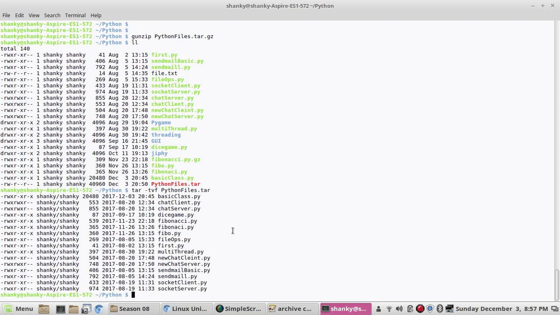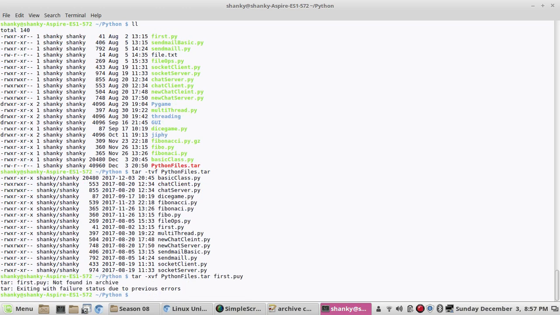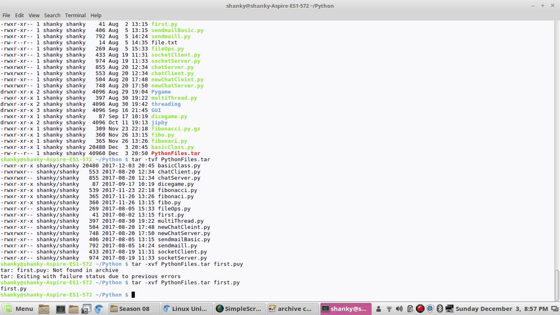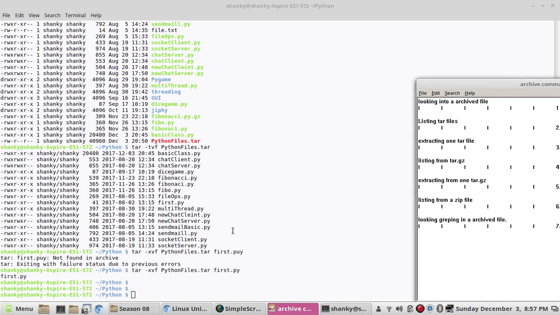If you want to extract a file, simply give tar -xvf, and then whatever file you want to extract, first.py. So it will extract, sorry, there is not that file. Fine, that file is extracted. So extracting one file from a tar, sorry, listing the tar file, listing from a tar.gz we have done, extracting one file from a tar.gz, then